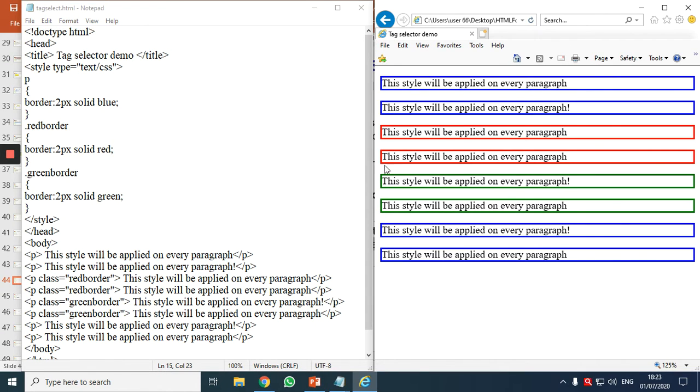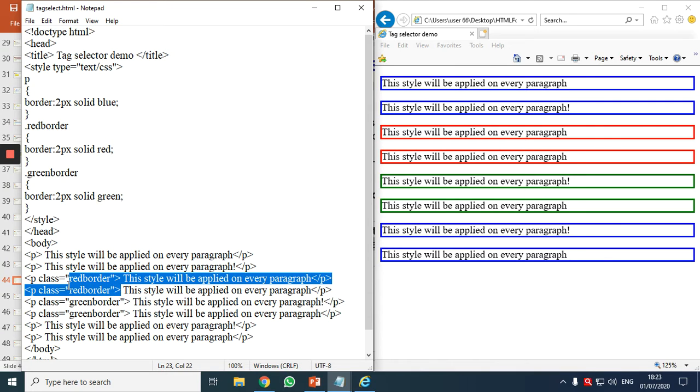Observe, see, all the p tags. When p is a selector, all the tags were applied with a blue color border. Now specifically these two are applied with a red color border because we have given it a class. And we have learned in our previous tutorial that a tag will take the effect of the formatting part which is closest to it.